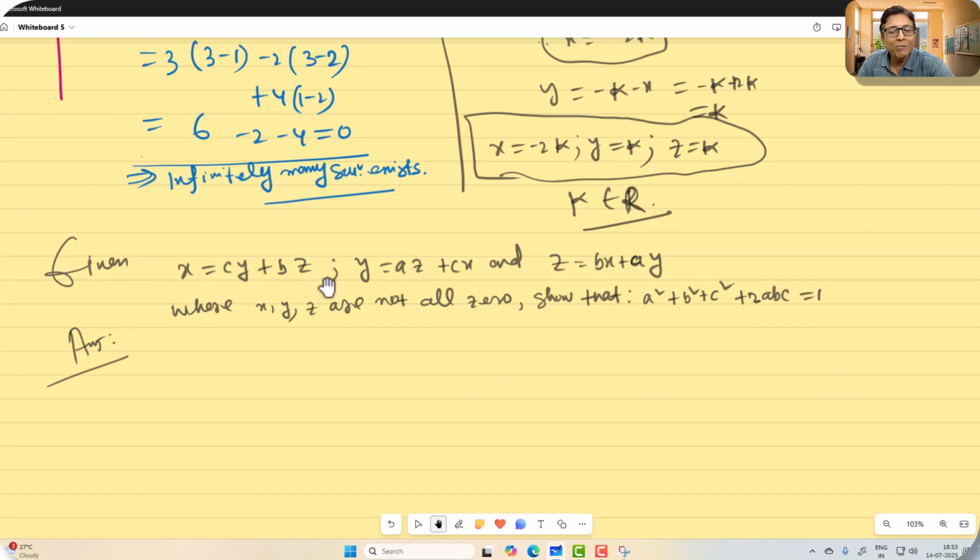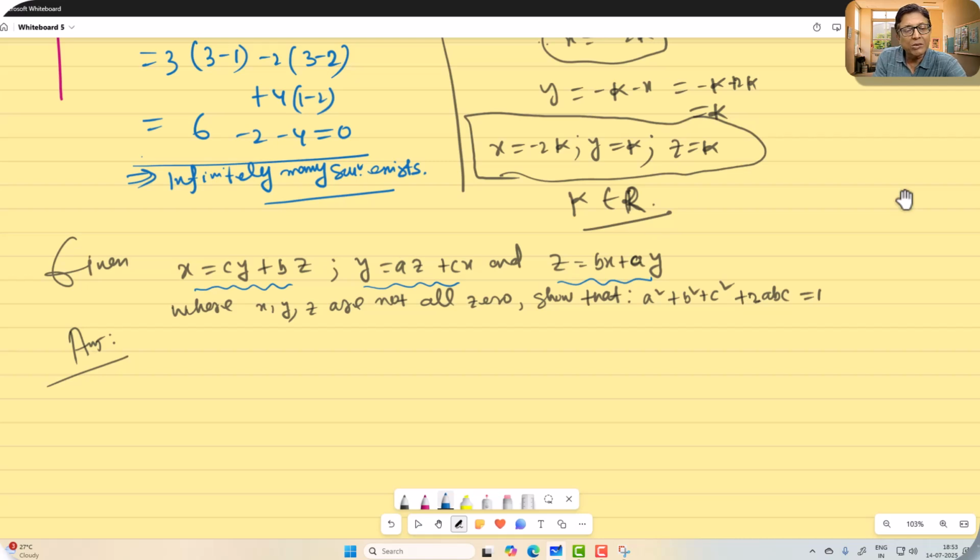x equal to cy plus bz, y equal to az plus cx and z is equal to bx plus ay, where x, y, z are not all 0, so that this thing equals 1. Obviously, this is based on the concept you have just got. That is, a system of linear homogeneous equations. Is it homogeneous? We have to check it first. See, in the 3 equations there is no constant on the right side. Once we arrange in the form of a system of linear equations,